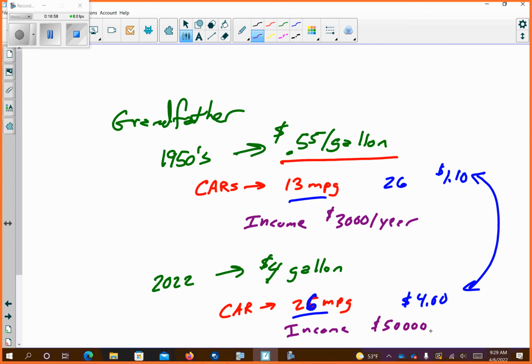This price here should be close to $11 a gallon to match up with how much that was as a pinch. Now, I'm not trying to make you feel better about, you know, $4 a gallon, but in reality,